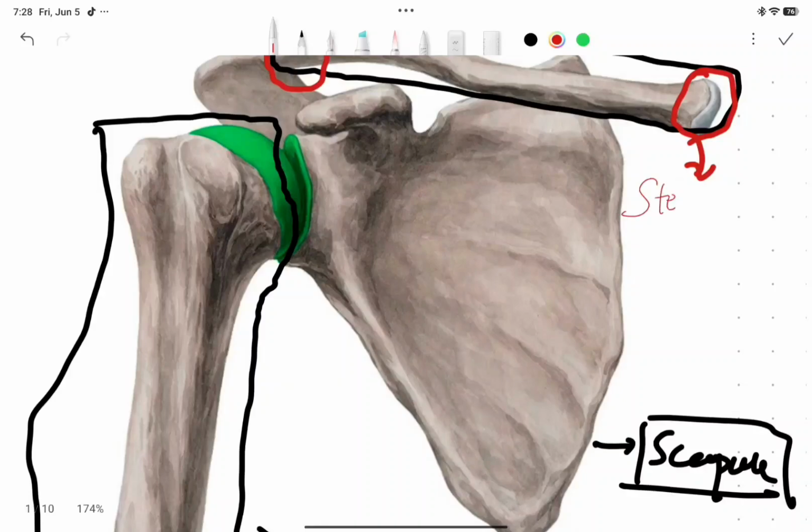This is a saddle variety of synovial joint. Okay, so